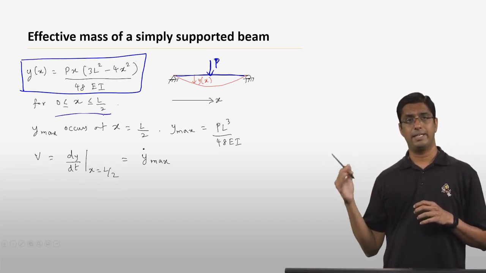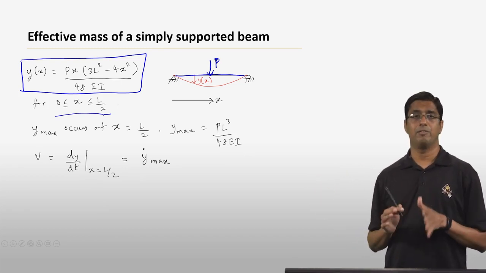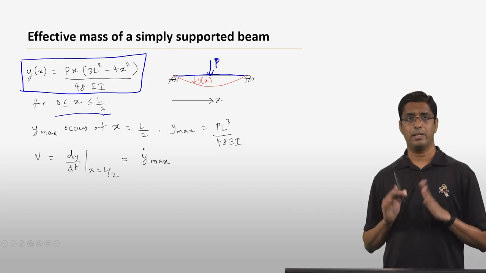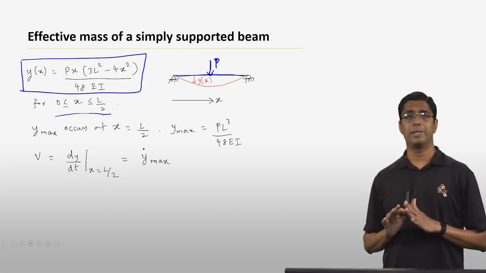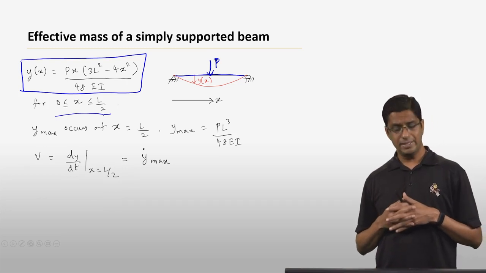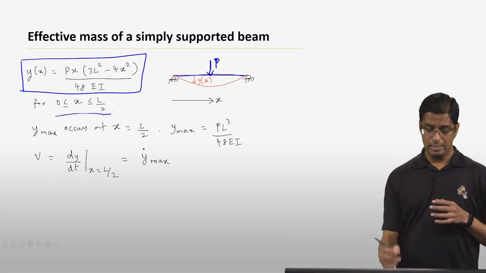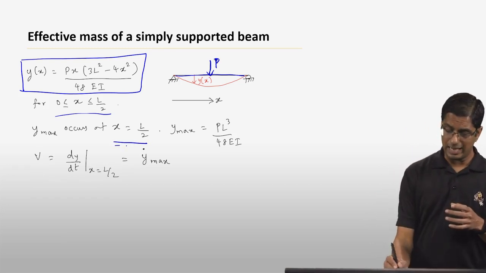For x greater than L over 2 to L, it is going to be a slightly different function, but fortunately we won't have to use it. All we need is the deflection of the beam for half its span. Now, given that this is the deflection of the beam, we can find out that the deflection is maximum